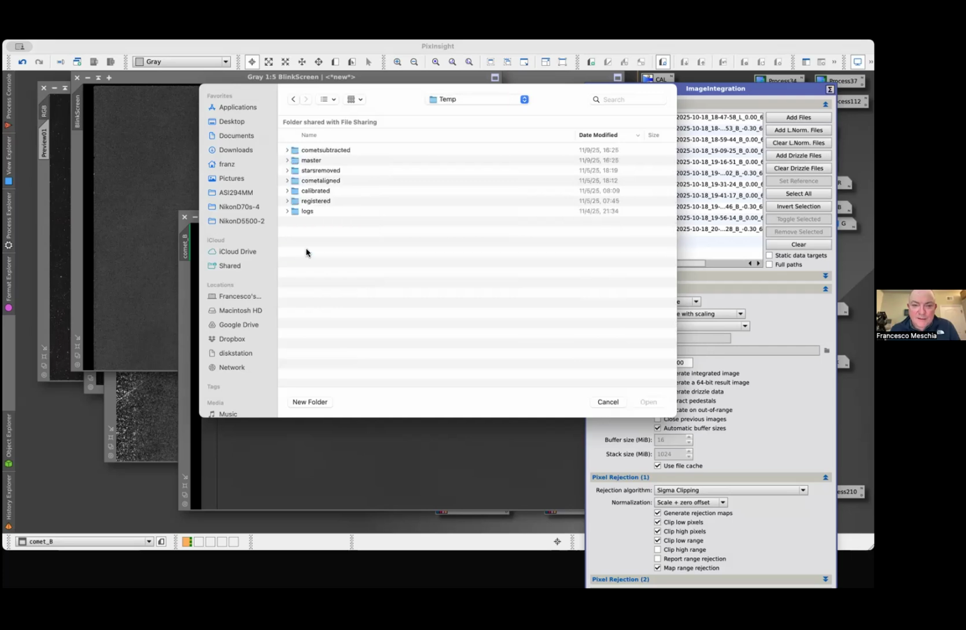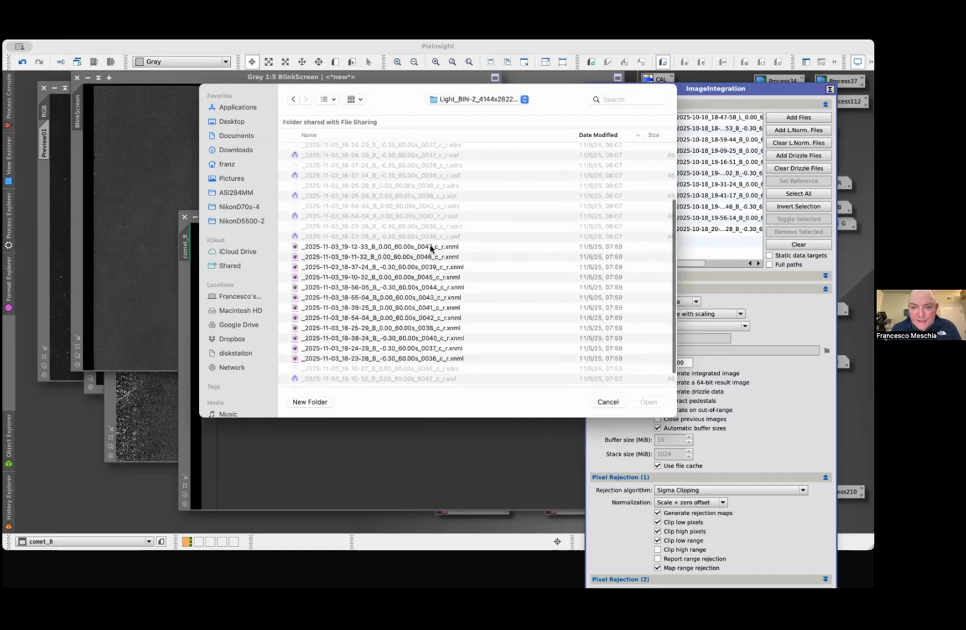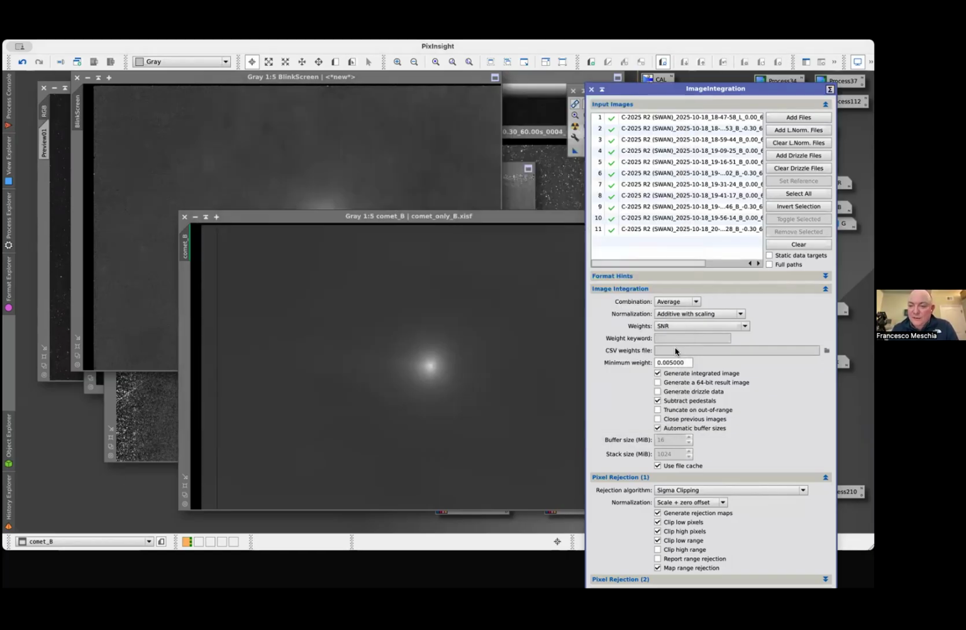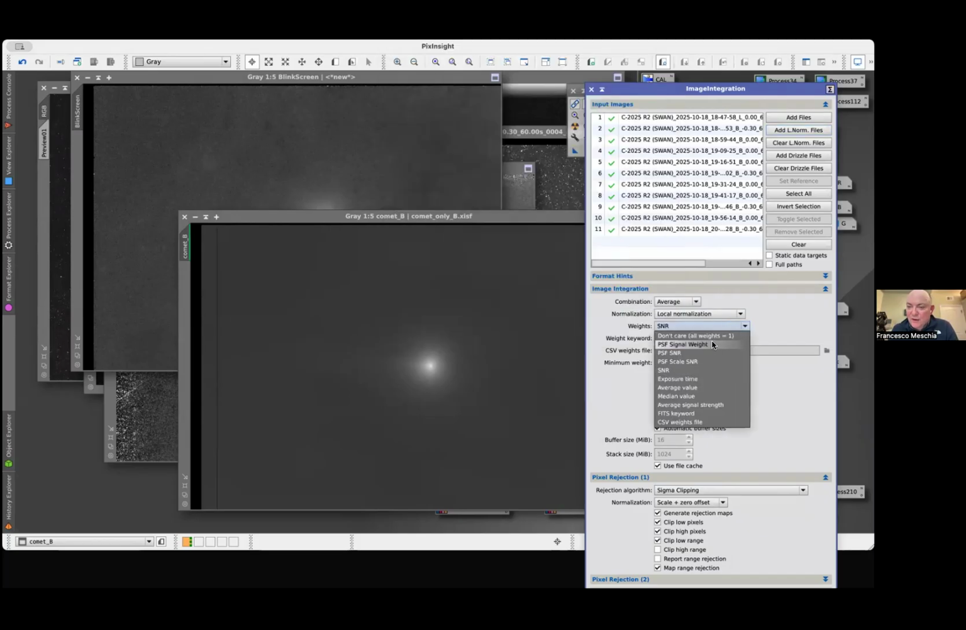I messed up and registered in the wrong directory, but I can show you here. You see these XML files? These are the normalization data. It's actually an XML file. If you're interested, you can open it, and it tells PixInsight the level of noise in each of these images. When you do that, this automatically changes to local normalization, and for weights, you can choose one of